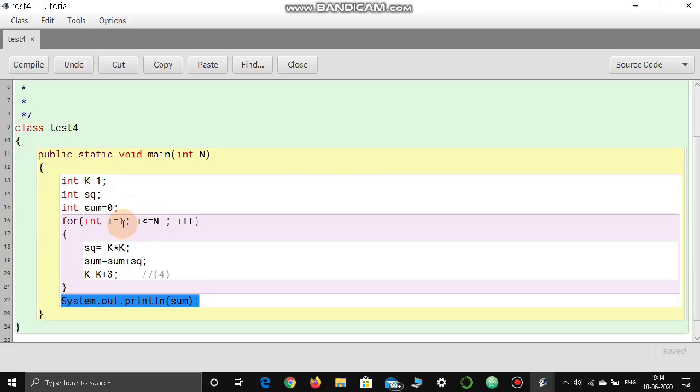Why more than 1? Because the user will generally not use a value which is less than the index value. Means if you input n's value as 0, the program will not work. So you have to give an input such that the index variable's value will always be smaller than the user input. We have to keep that in mind.